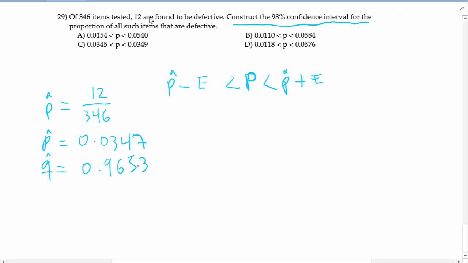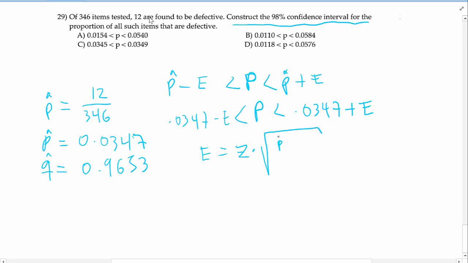All right, so we have these two numbers already. Now, the proportion in the population with 98% confidence is between 0.0347 minus E and 0.0347 plus E. All right. So to complete this problem, all we need to do is calculate the margin of error, which is the z-score